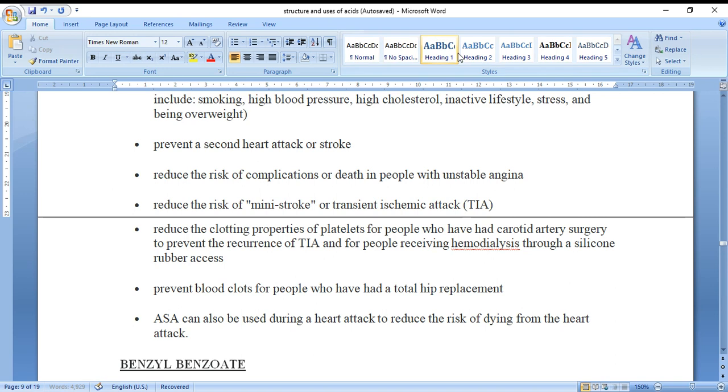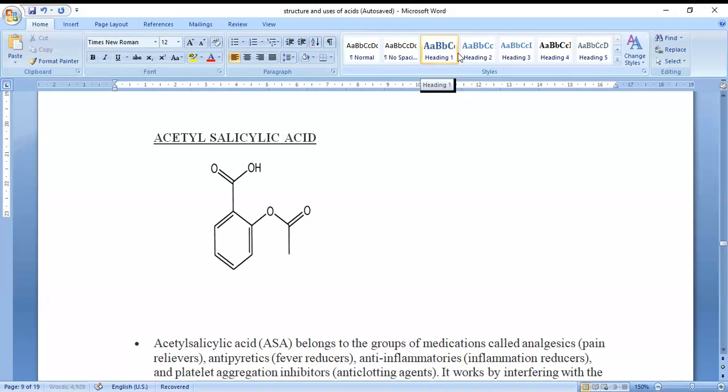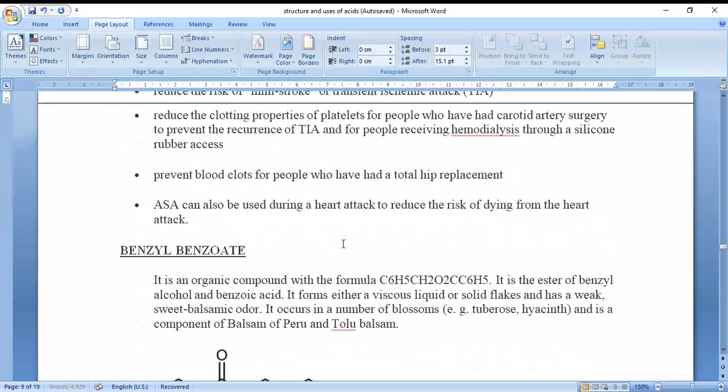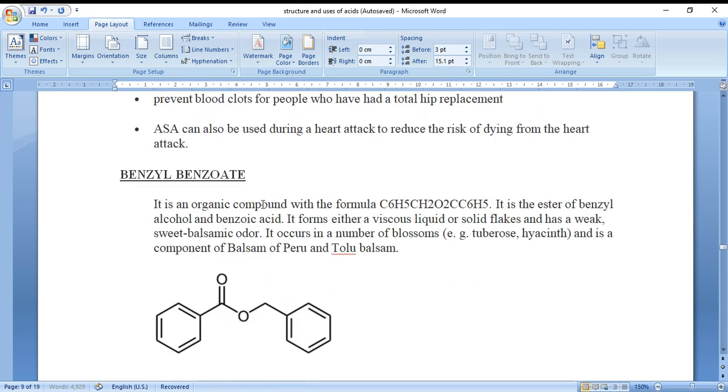So during a hip replacement, there may be formation of clots. In order to avoid those clots, they generally prefer this acetyl salicylic acid, and this can also be used to treat a heart attack. So for a heart attack, I think you people may know that many doctors may not be available at the right time. So in order to reduce the risk, before going to the cardiologist, or if you don't have time, they generally prefer to take this medicine, so that they have some time and can meet the cardiologist and take the proper medication.